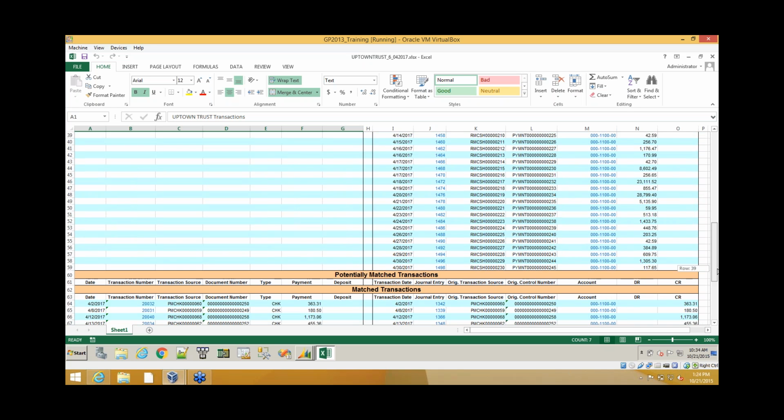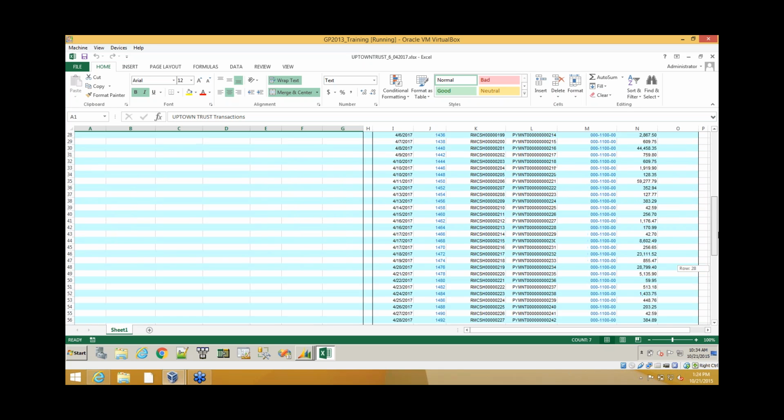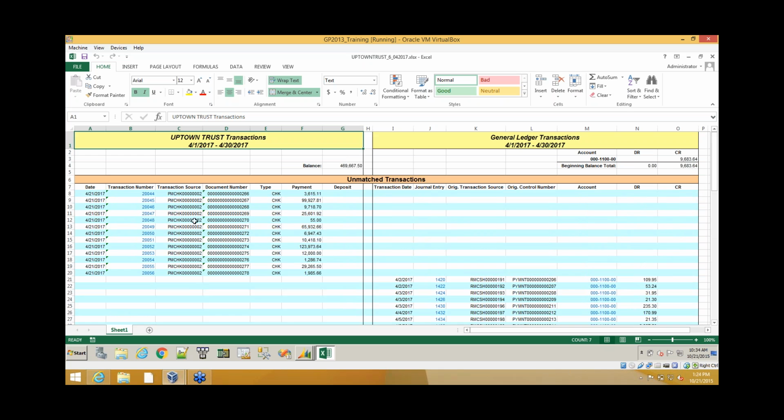So in this one, we don't have anything under potentially matched, but in our unmatched, you can see that we have transactions that hit the bank module, but that didn't hit the GL. And same here, we have transactions that hit the GL but didn't hit the bank module. And just as Megan had mentioned before,